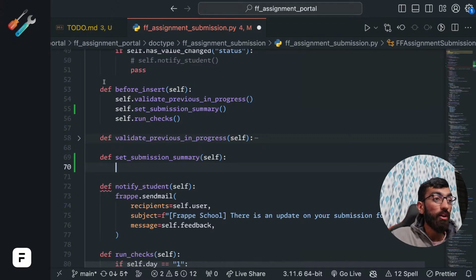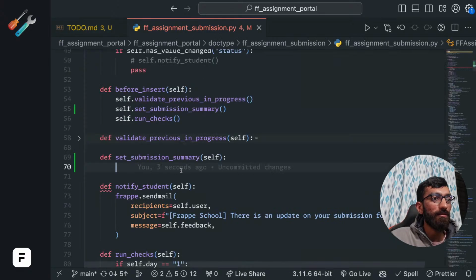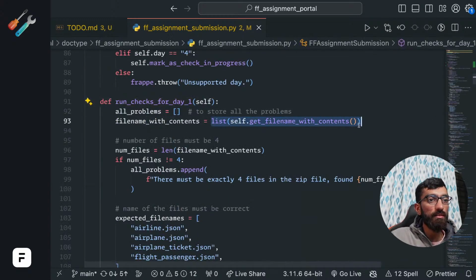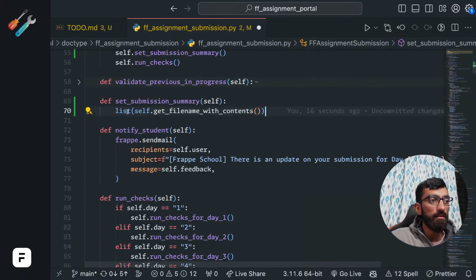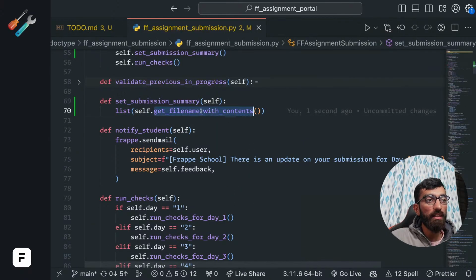I want to deploy it today to Frappe School. So first we will need, and this can happen, okay, based on day we will do that. That's not an issue. So let's first get this thing, and this will only work, right? Get file names with content will only work if,